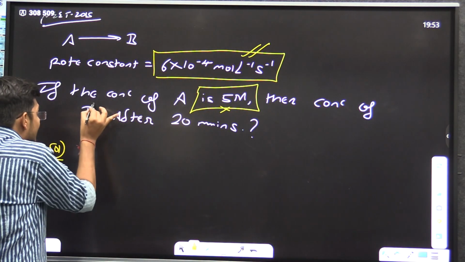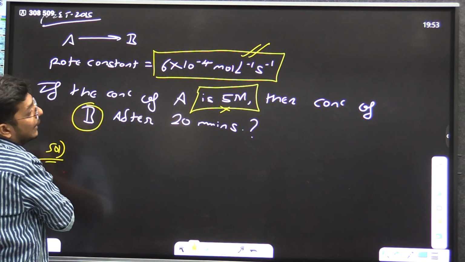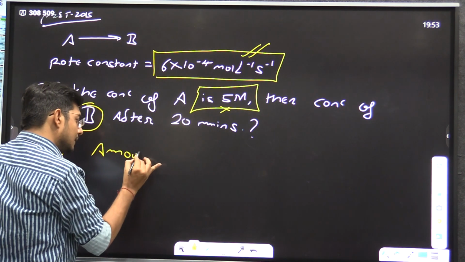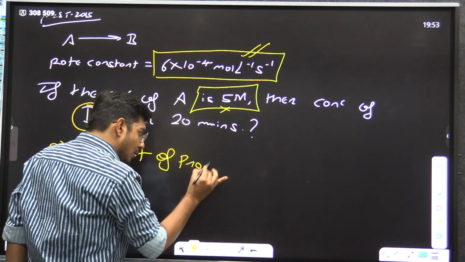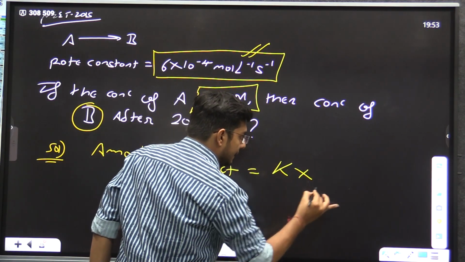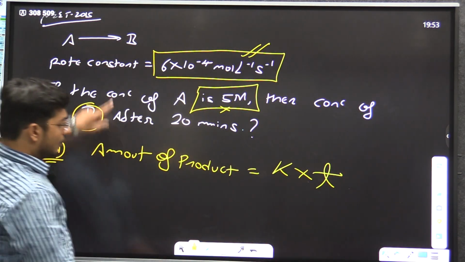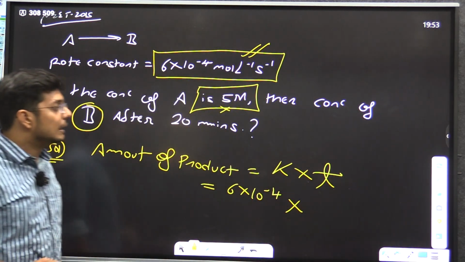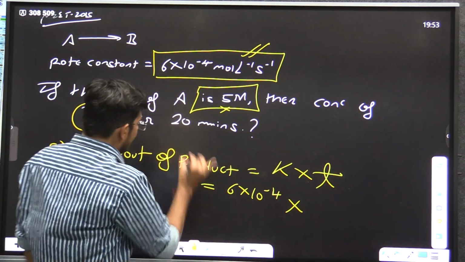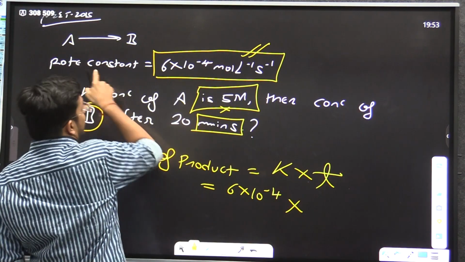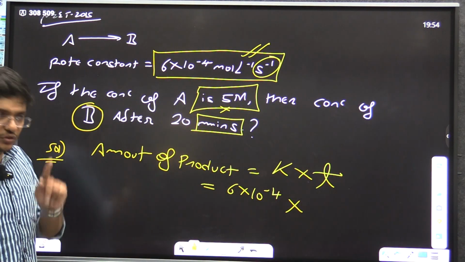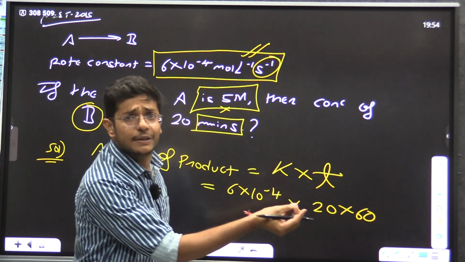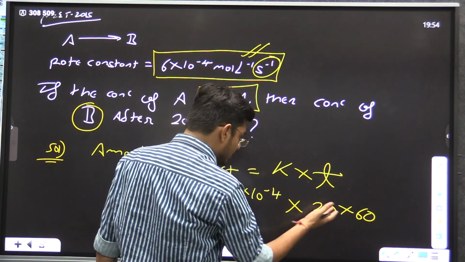And the question says calculate the amount of product, that is B. We need to calculate the amount of product. So the amount of product, as we know, is K into time T. This is simple. And we know the value of K, that is 6 into 10 to the power minus 4, multiplied with the time. Remember one thing, time is given in minutes and the rate constant unit is in seconds. So you need to convert this minute into second, and as we know, we can multiply with 60. So I think 6 2s are 12 and 12